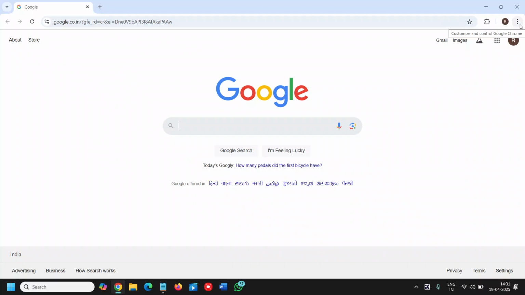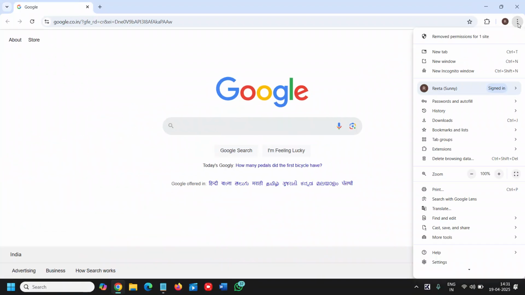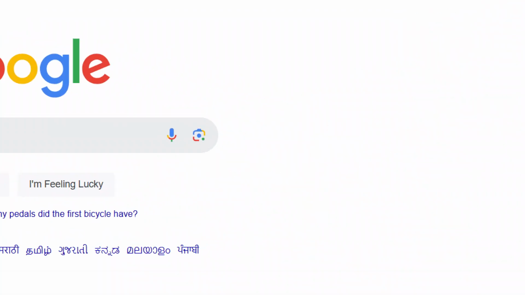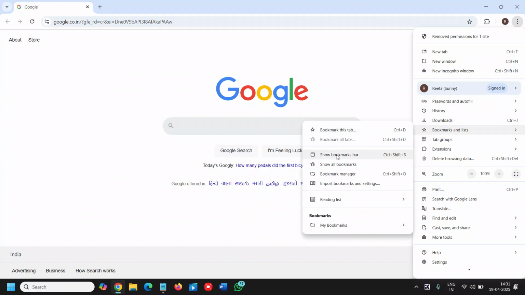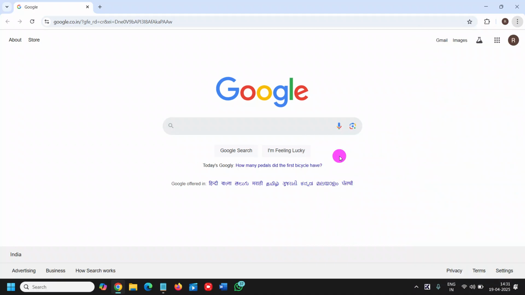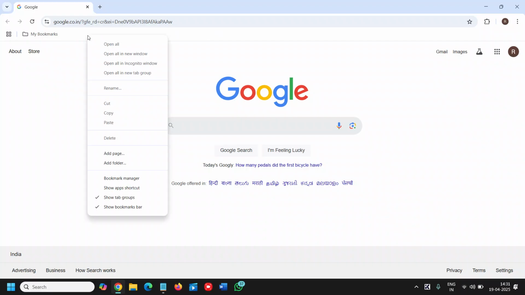So the very first thing, at the top right corner where you see the three dots, click on that and then go to bookmarks and list here. Bookmarks and list, and select show bookmarks bar. The moment you do it, you will see a bookmark bar, and here I'll just do a right click and